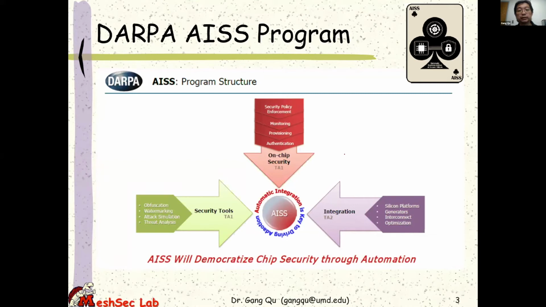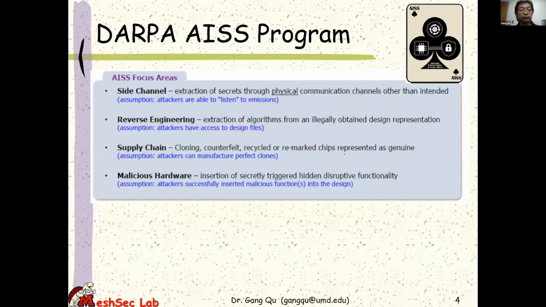The key here, and I think you got the message clearly from Brandon and Mark, is not to develop a lot of new techniques. It is about commercializing, or in some sense implementing, the existing research from the research community in the past 2 decades. And these are the 4 specific focus areas, which Mark has shown a couple of times: side channels, reverse engineering, supply chain, and malicious hardware.